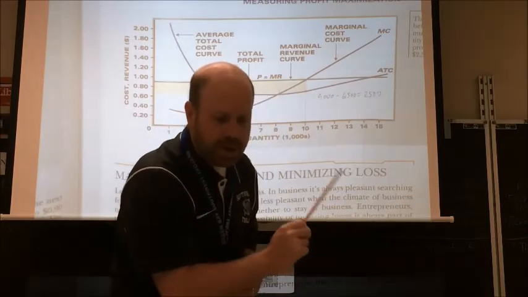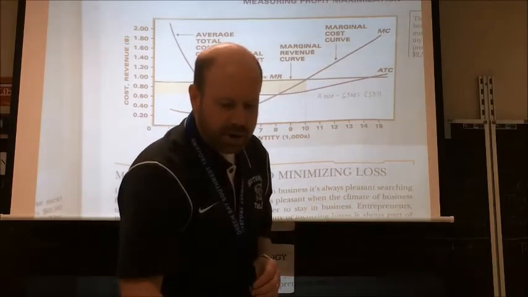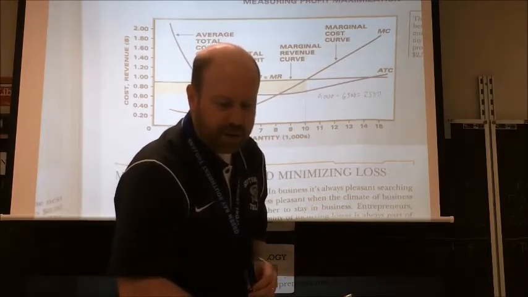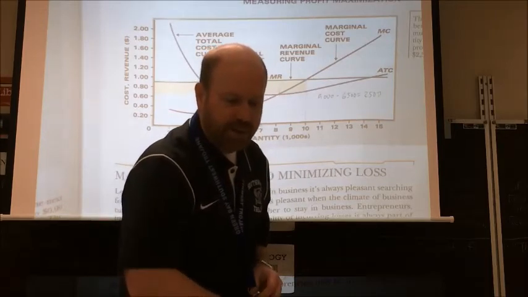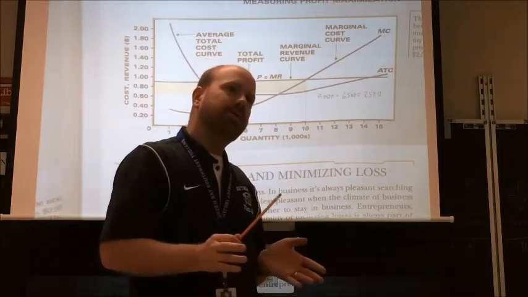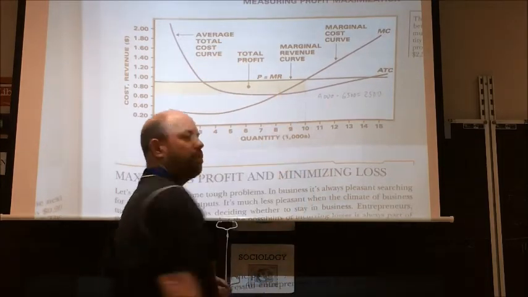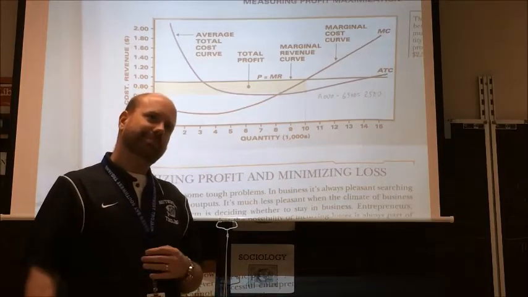Why and how do we know that they should keep producing and not shut down? Because the market price is 12, but the average variable cost is 8. The average variable cost is less than the market price, so we don't shut down. But we are too high for our output, so we do need to move left until we get to that point. So how would I know that